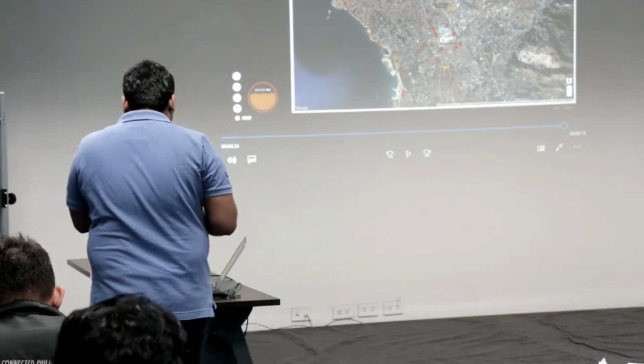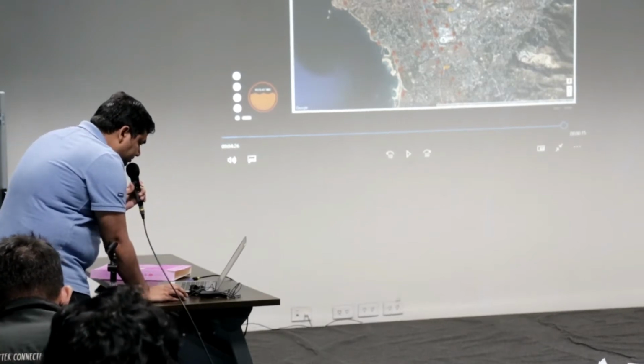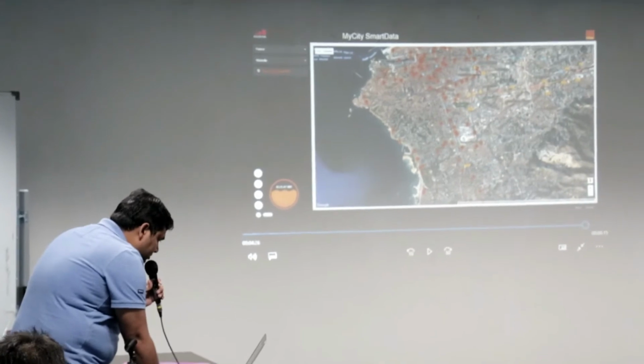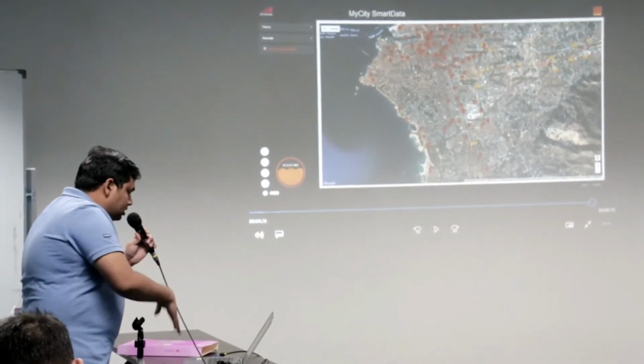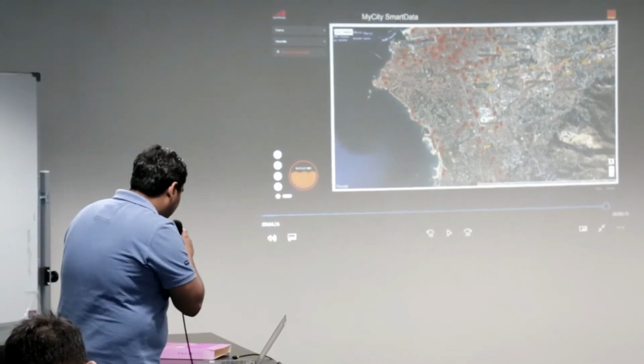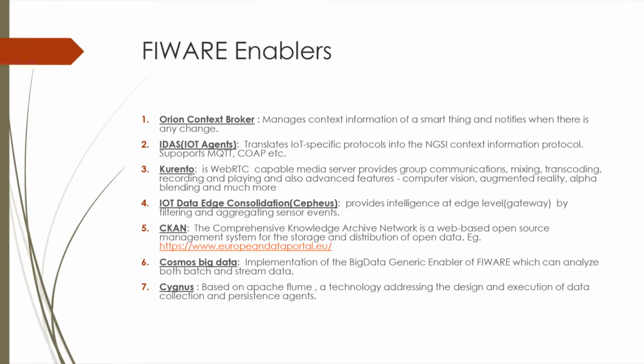Just to tell you about some of the other enablers that we have here. We talked about Orion Context Broker, which manages the context information.